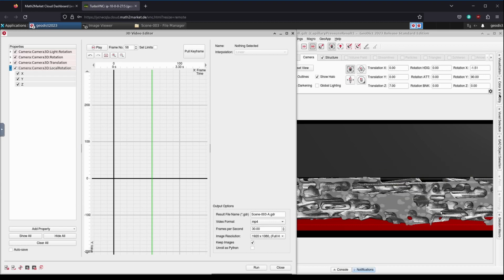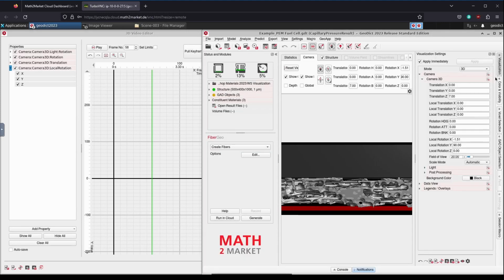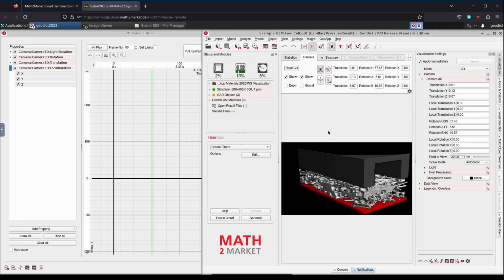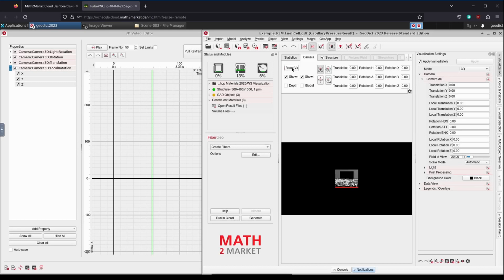We also need to check that the color changes of Material ID 3 and 4 are not still present. The easiest way to do this is to simply load our saved visualization settings from the beginning. We go to the sidebar, under Visualization and select the load icon down here. Then we navigate to the code folder and double-click visualizationsettings.py to reload our colors. We switch to Geodict and go to the Camera tab and click on Reset View again. This is the quickest place to begin.